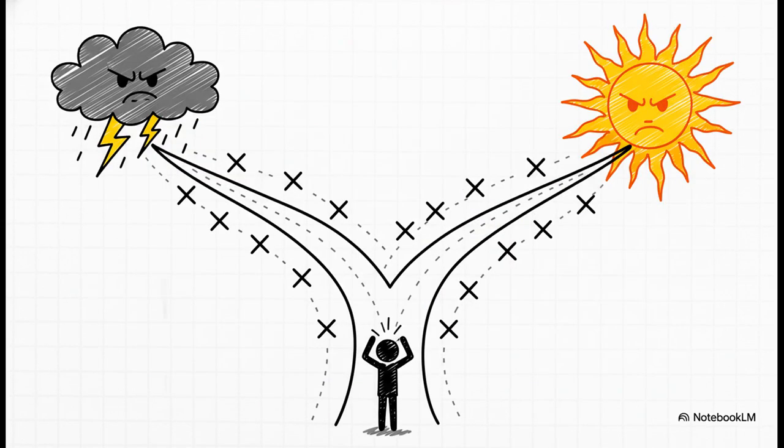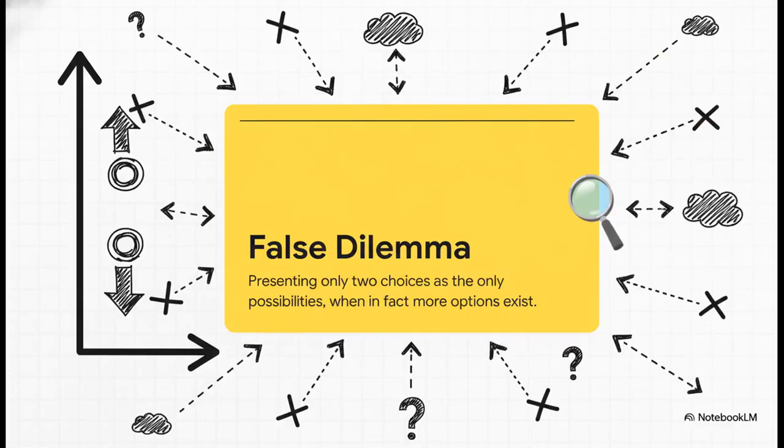All right, for our last stop on this field guide, let's talk about the false dilemma. This is the fallacy of you're with us or against us. This tactic is all about trying to back you into a corner. It presents a really complex issue as if there are only 2 possible options: black or white, yes or no. It just completely erases all the nuance, all the middle ground, all the other possibilities that almost always exist.